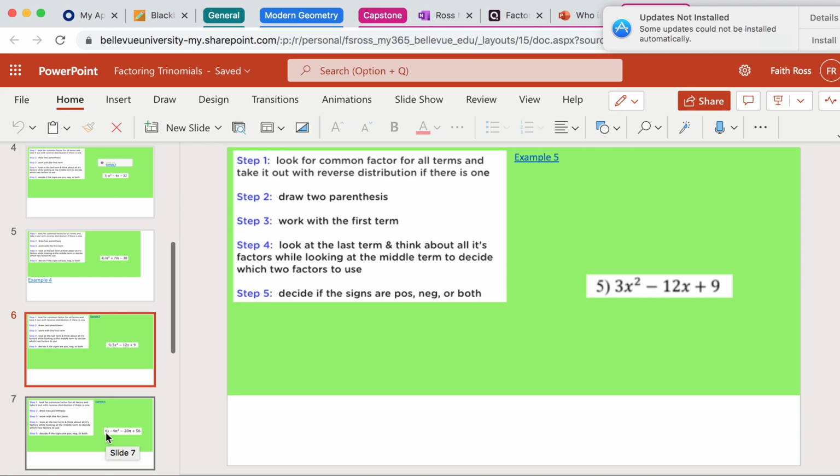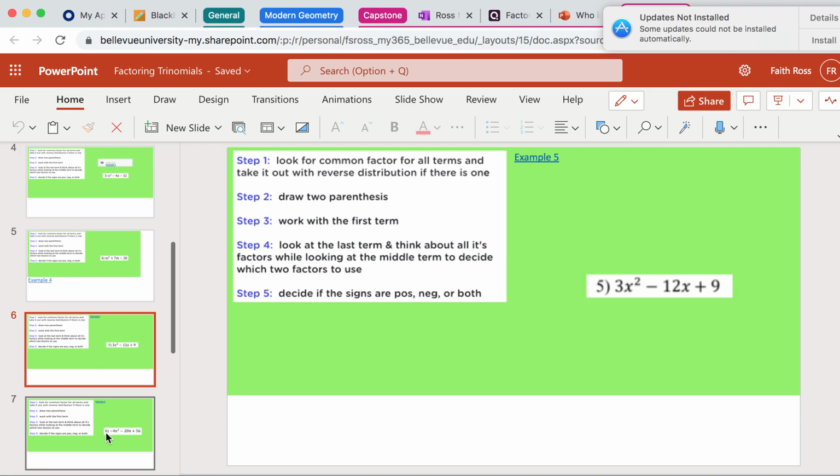So what's our first step in everything? Look for a common factor. Yeah, so our GCF. Okay, so do we have one? Yes. Good. So we can take out a 3, because it goes into 9 and 12 and 3 itself. And remember our a value has to be 1. Okay, so when we take that out, we would have our x squared, our minus 4x